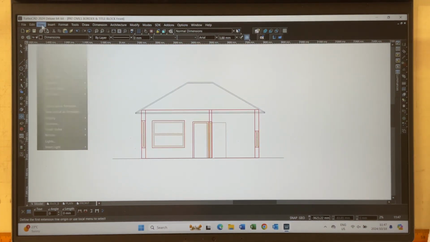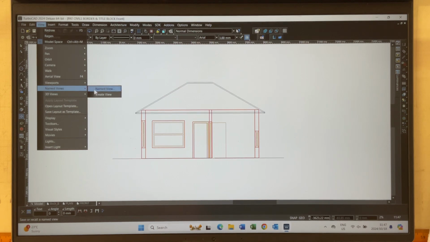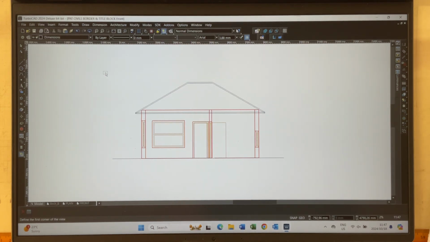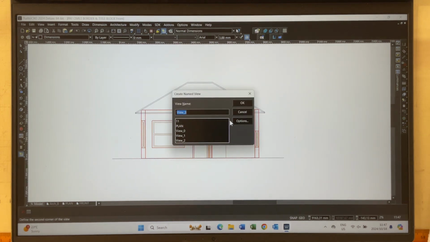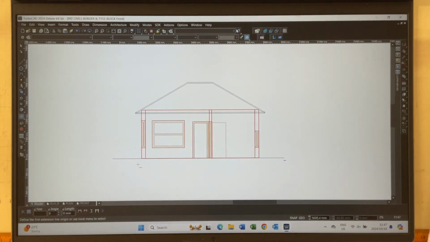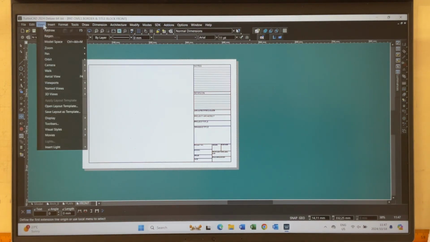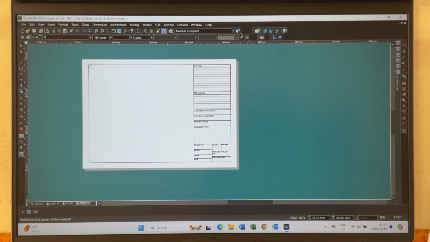go over here, and you're now going to go to view, you go to name view, create a view, and you're going to select the view of this. Right, we're going to put that as front, F-R-O-N-T, okay, press OK. You now come in over here, you're going to go to view, go to where it says viewports, viewport, click on there,